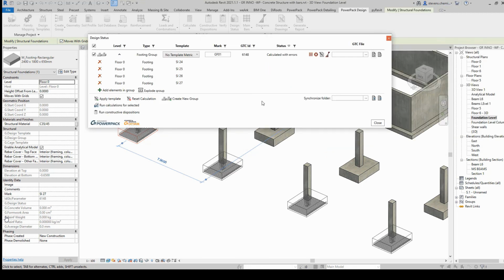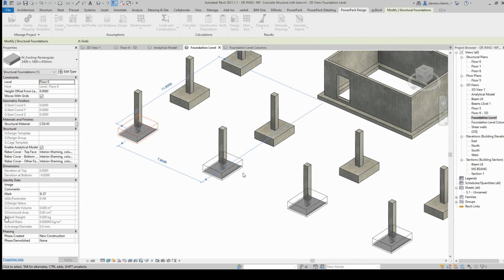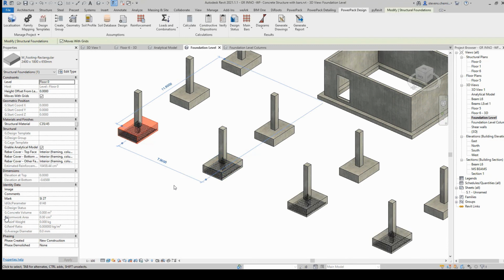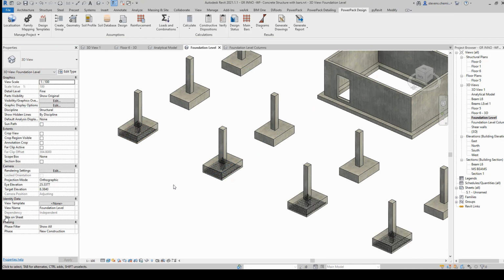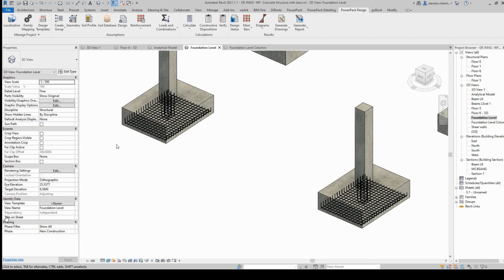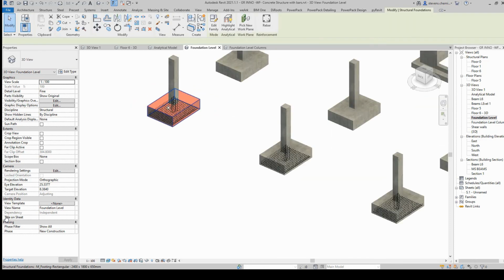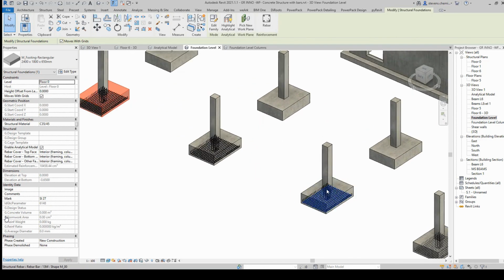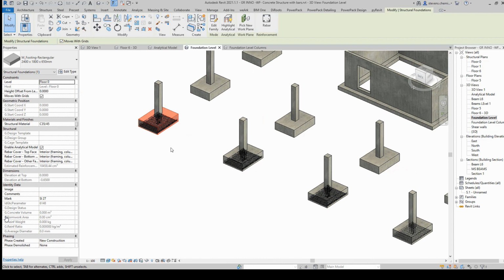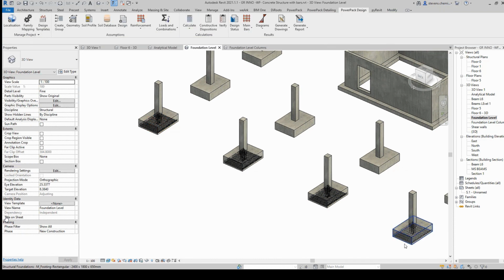So here, depending on the most solicited element, we are sure to have the same rebar cage on all those footings. So it's interesting to speed up the rebar cage generation, and to have something easier for the building side as well, because we will have the same rebar cage for all those elements.